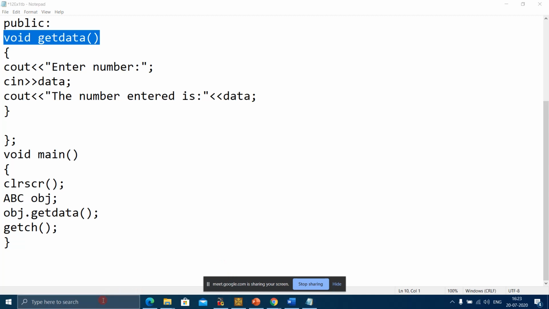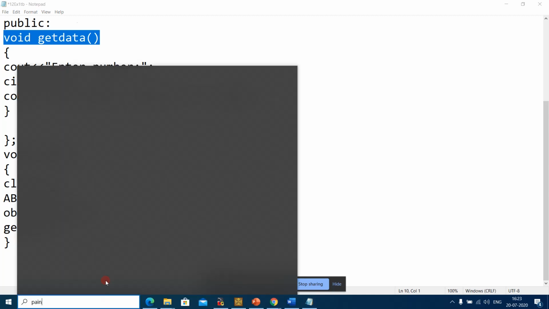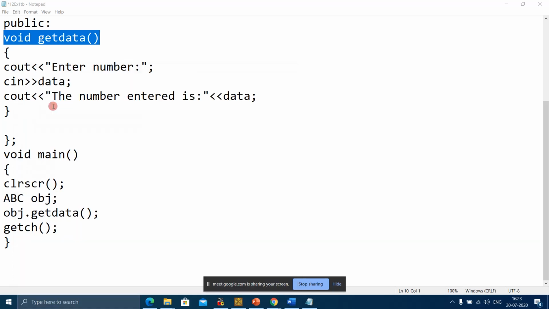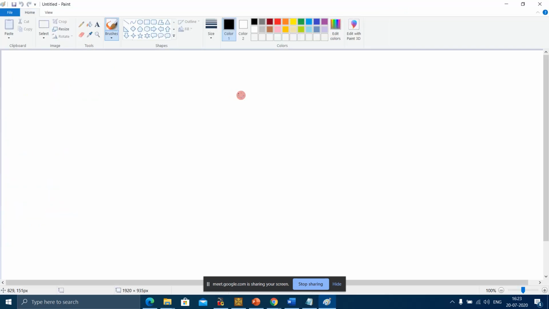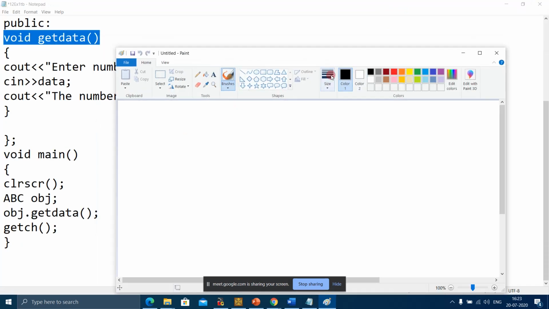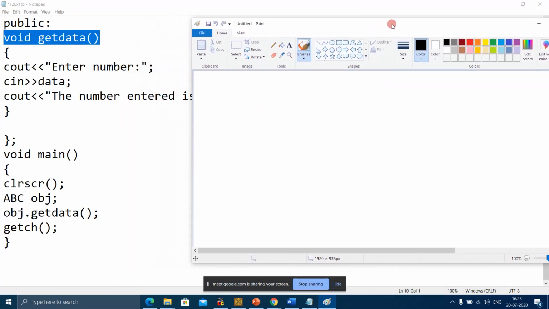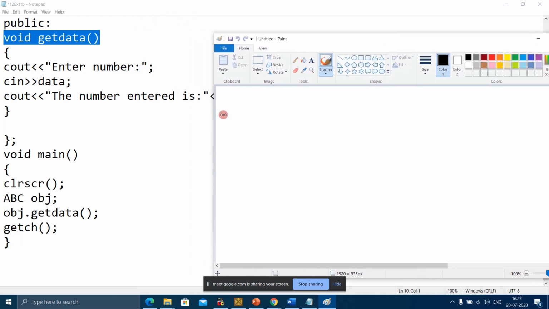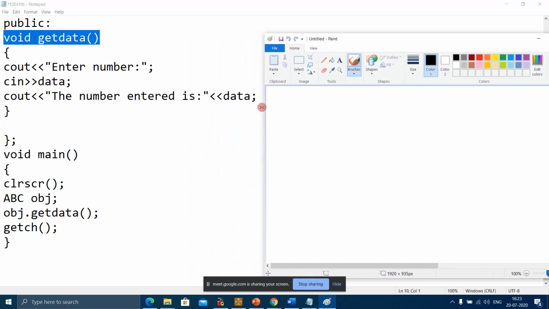So the output is going to be: enter number.